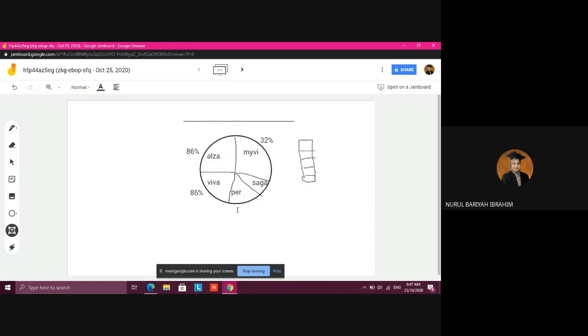Persona adalah 12%. And Saga will be, apa tadi? 8%. Okay, so we have the pie chart. Okay, make sure kena ada title, labeling. So you kena labelkan all this. Labelkan. Okay, and then